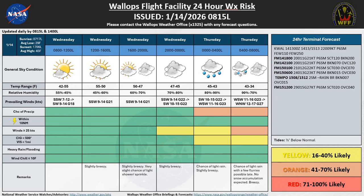Through the first part of the evening we'll start to see a peak gust creeping up to around 22 to 23 knots as we move through the overnight time frame. So we do introduce that yellow risk for wind advisory criteria. And as we move past mainly the 2 to 3 a.m. time frame is when we'll see that best chance for some light rain activity moving into the area with that